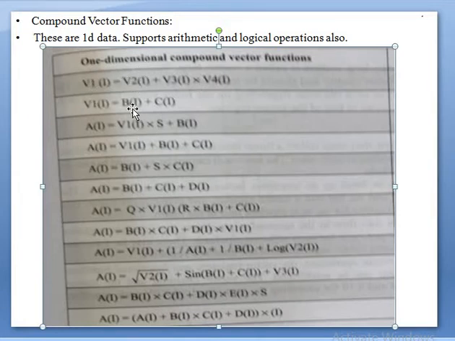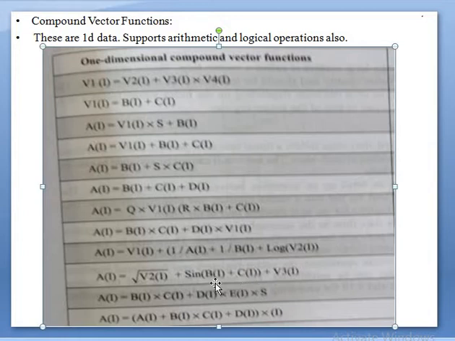So now, two memory locations, or you can assume them as vectors also. Two vectors are added, one vector is multiplied with a scalar, get the result, and for that we have to add another vector. Like that, we can perform functions like sine of the first vector.